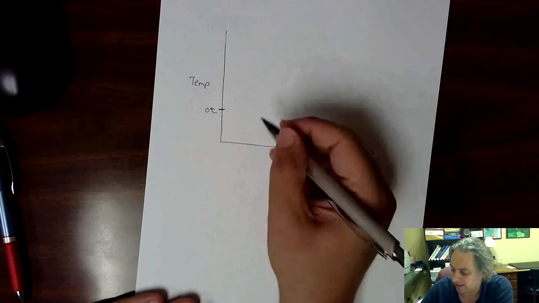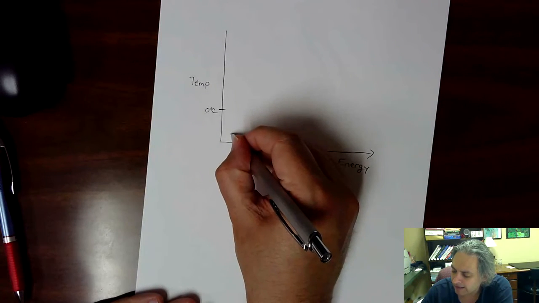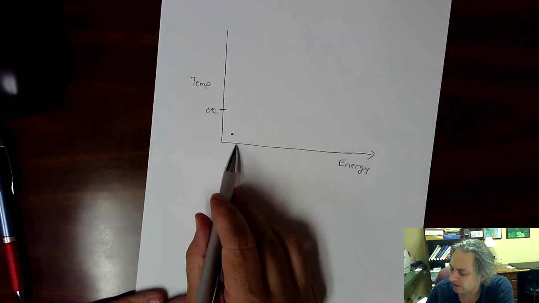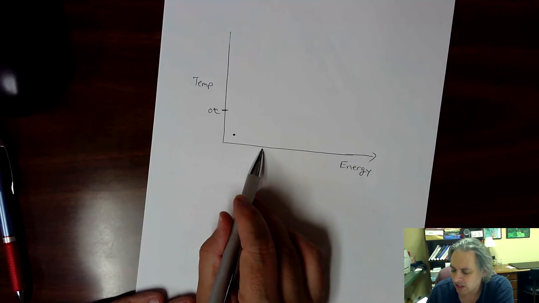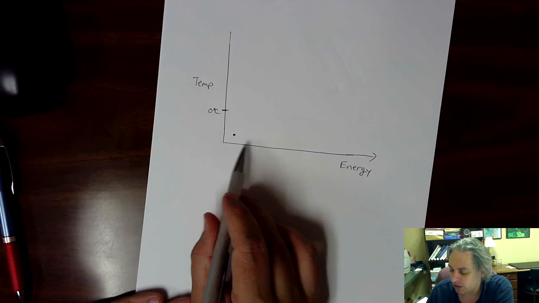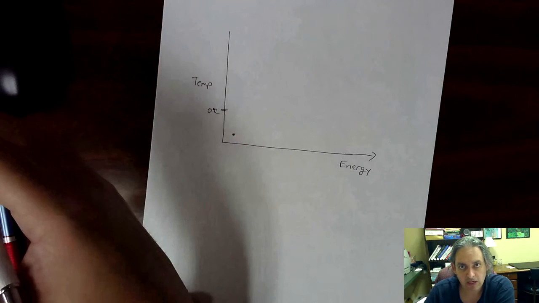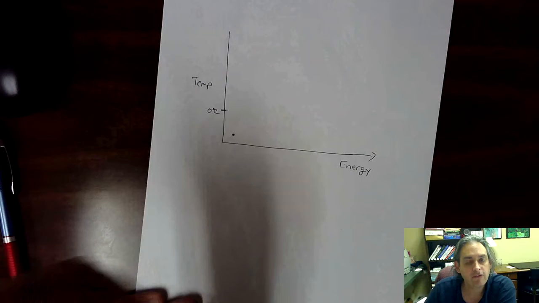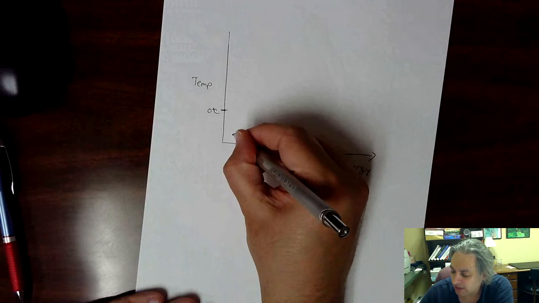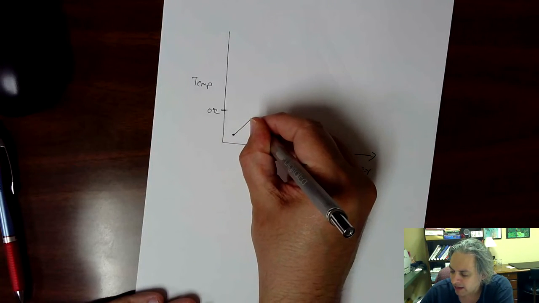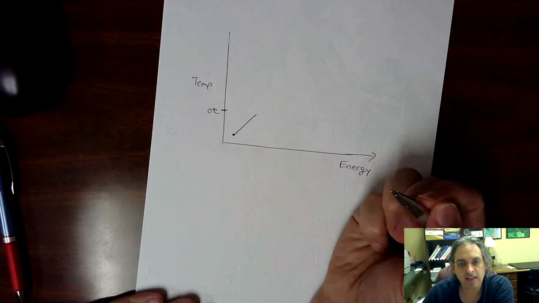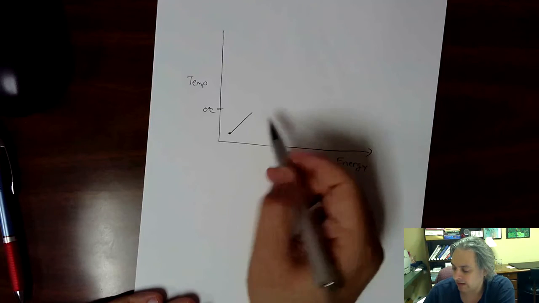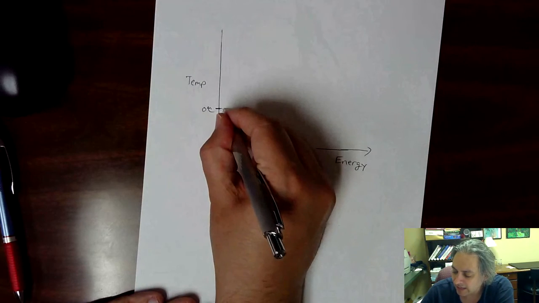0 degrees C is right there. And so we have some ice that's well below that. We're going to start maybe right there. And as we increase the energy, what happens to the temperature? Well, as you put more and more energy into it, those molecules are going to start moving more and more. So therefore the temperature's got to go up. And it's going to stay constantly increasing. If we have a constant amount of energy, the temperature is going to steadily increase until it hits that 0